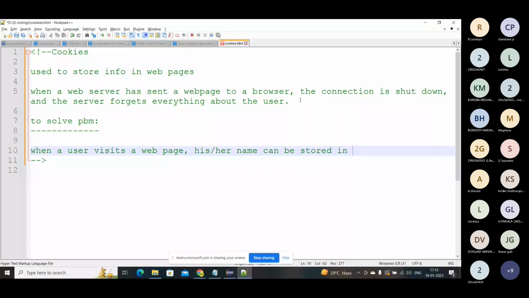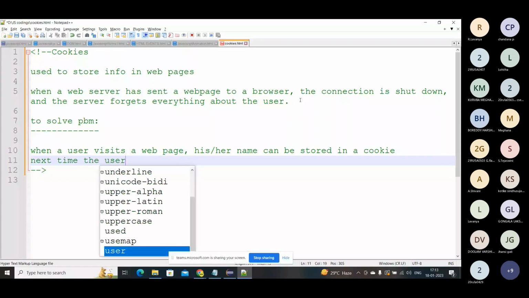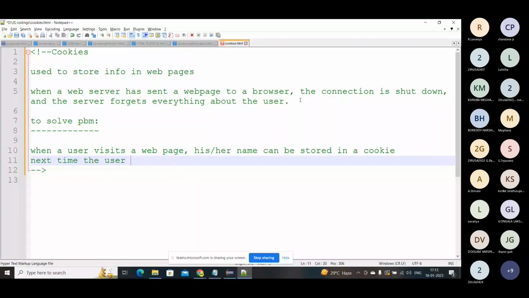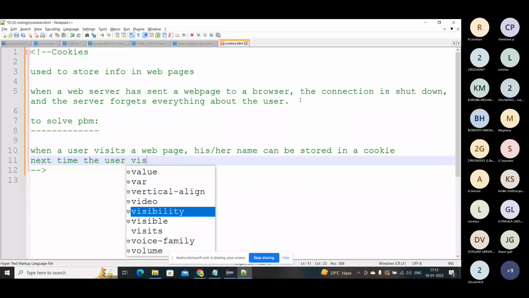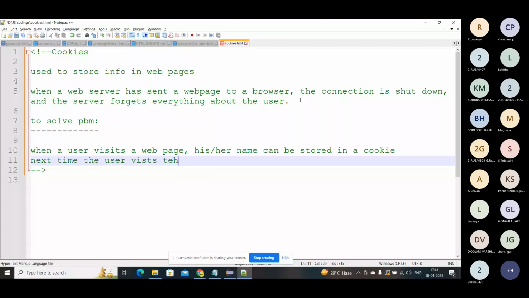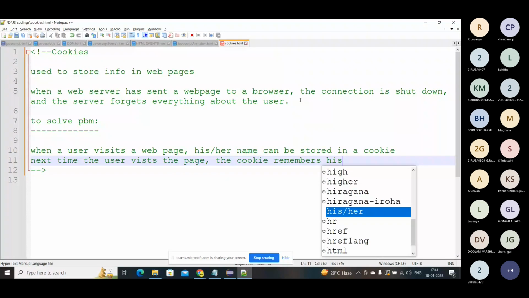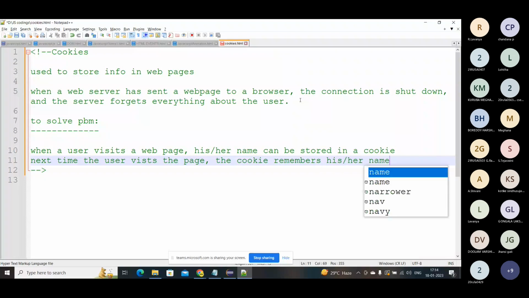So this is solved by cookies. Next time the user visits a page, the cookie remembers his or her name. So this is what is happening in a cookie.